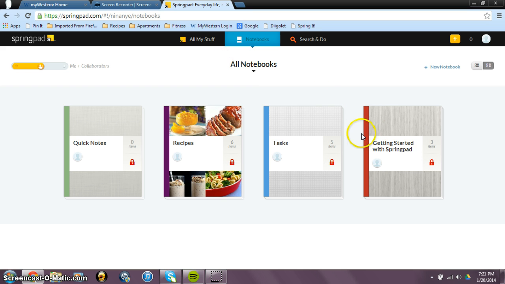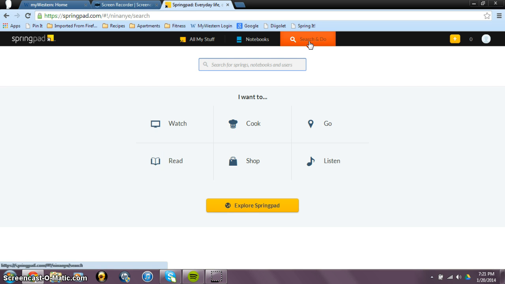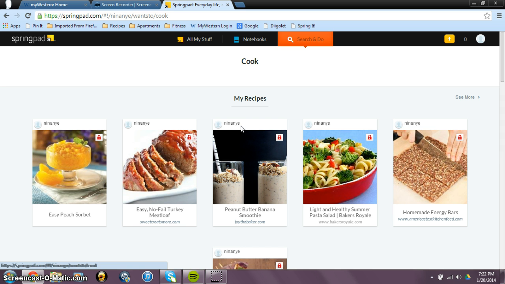Well, you'll have, I think, these three are the ones that you come with, and then you can add more, and I added recipes. And so the first thing I did when I looked on here was I went to search and do, because that sounded interesting, and it comes up with all this. You can either search up here for notebooks and users, or you can click one of these, or just explore Screencast. And I decided I wanted to cook, so I clicked cook, and I've already added some recipes to this,